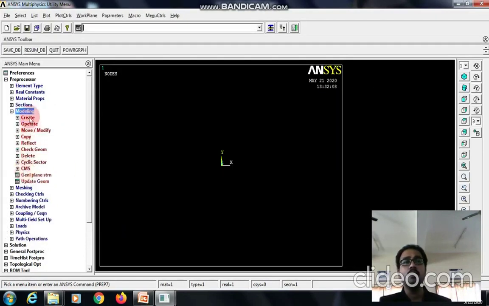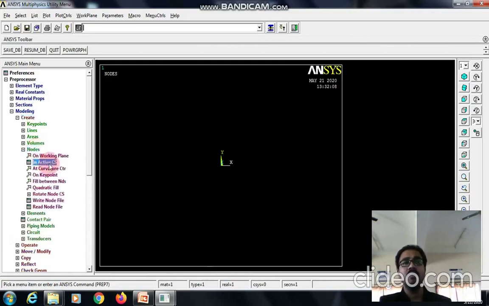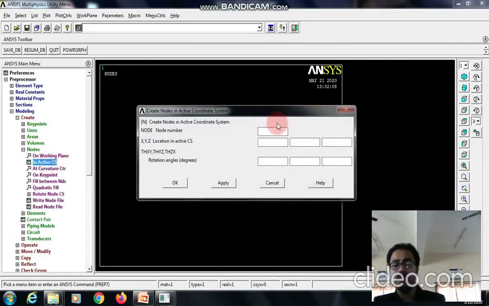Then go to modeling, create nodes. Before doing this, everyone should write down the coordinate values for all the nodes, so that it will be easy for us when we are doing the analysis. I already noted down the coordinate values considering the left hand corner as the origin node. For node 1, the left hand corner node, I am giving the coordinates as 0, 0. Since I want to continue, I am going with the apply command.